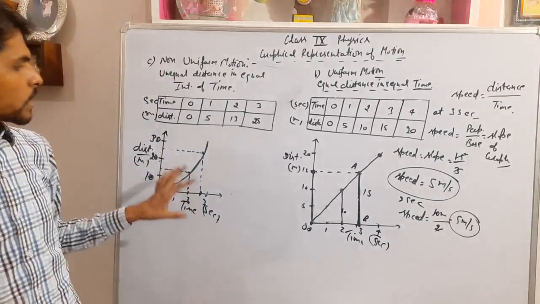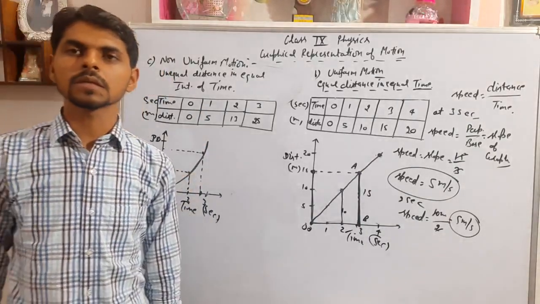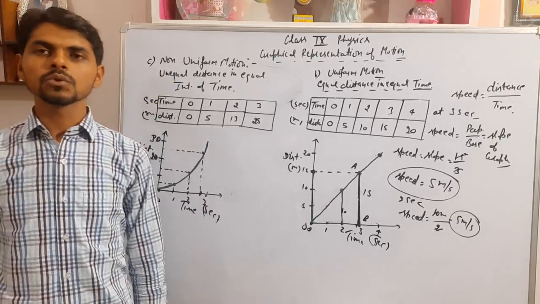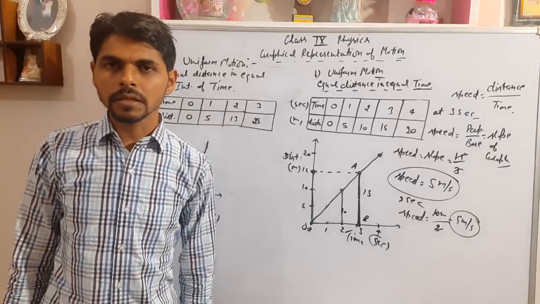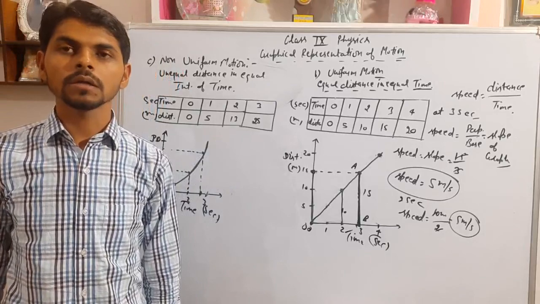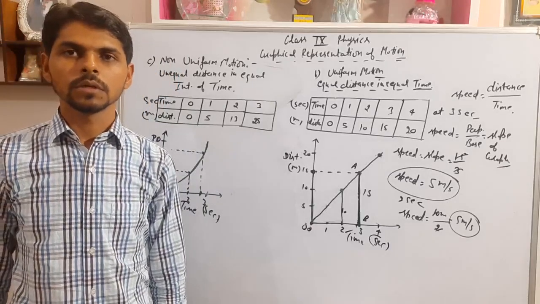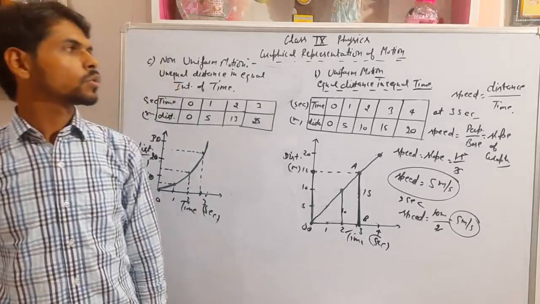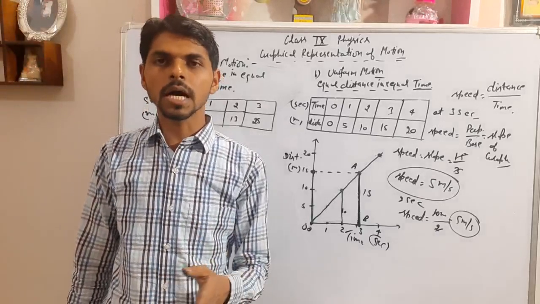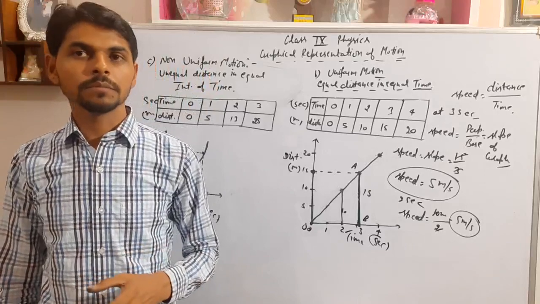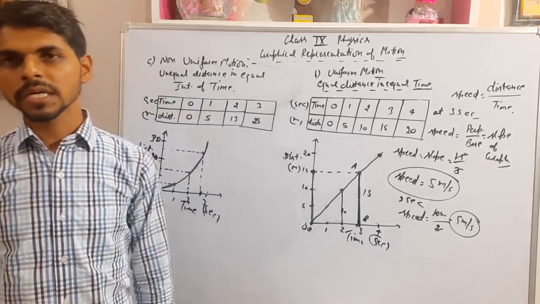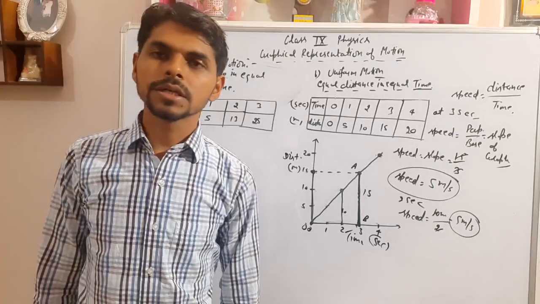Okay, we can also calculate the speed in this graph, but that is the topic of higher classes. Up to class 9th, we use only the concept to find the speed in uniform motion, not in non-uniform motion. So this was all about drawing the graph of distance time in uniform, non-uniform, and if a body is at rest. 3 cases are there in the case of the distance time graph.